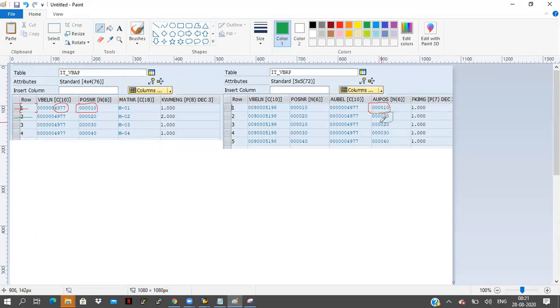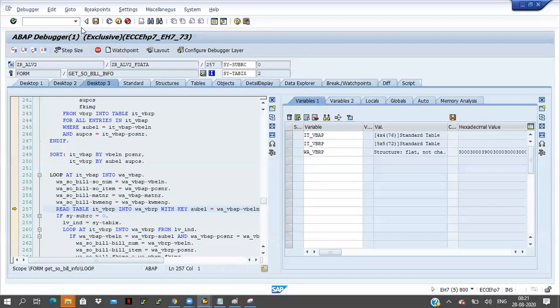The data is available here. So where is the data available? It is available in the second row, right? Fine. I'm reading the table and clicking the F5 button. What is the SY-SUBRC? SY-SUBRC equal to 0 means the above line executed successfully and some data is available in that work area. Now the condition is satisfied, so it will come inside the if condition.